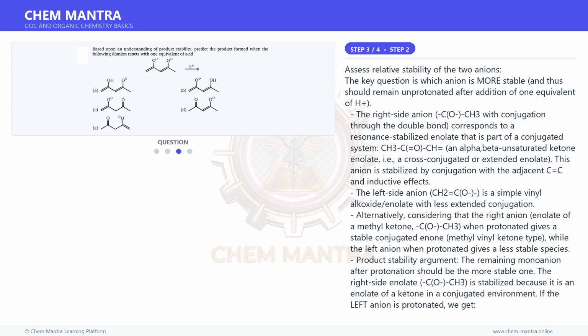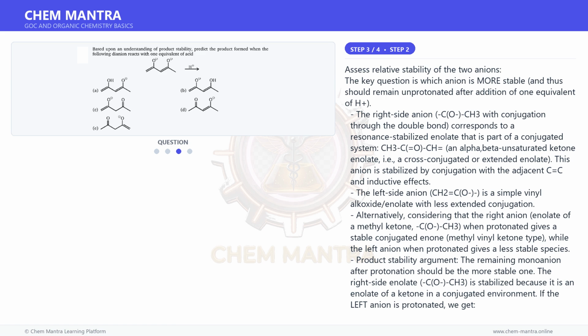The left side anion, CH2=C, O−, is a simple vinyl alkoxide enolate with less extended conjugation. Alternatively, considering that the right anion, enolate of a methyl ketone, COCH3, when protonated gives a stable conjugated enone, methyl vinyl ketone type, while the left anion when protonated gives a less stable species. Product stability argument, the remaining monoanion after protonation should be the more stable one. The right side enolate,